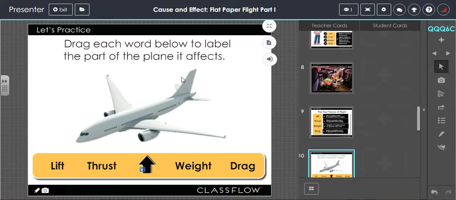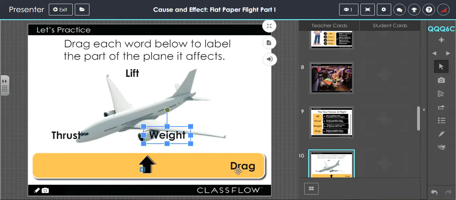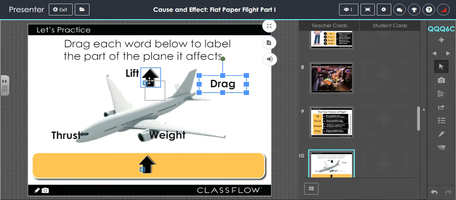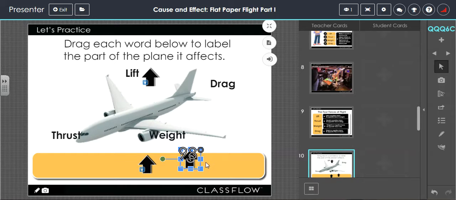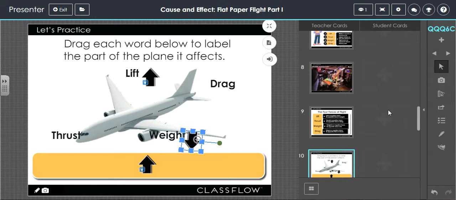And that's followed with a practice activity. Now that they know what the four forces of flight are and how each one works, they're going to drag and label each of the four forces of flight. And then they can use the arrows to also label. These are clone-on drag arrows, and that way they can label each direction. Once they have finished this little activity,